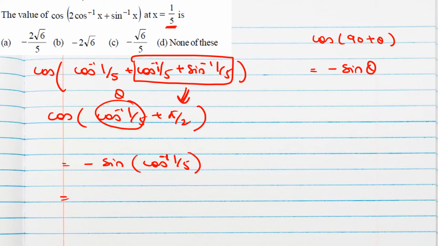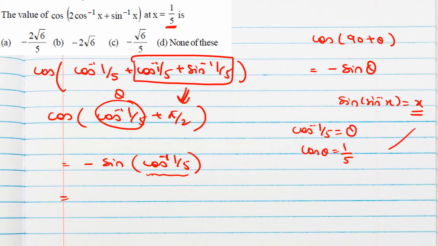Now we cannot cancel this. We cannot cancel. So we will write here cos inverse 1 by 5 in terms of sine inverse, because we know the property sine of sine inverse of x, we can get x value. So here we'll convert this cos inverse 1 by 5. So suppose cos inverse 1 by 5 I consider as theta. So cos theta will be 1 by 5, isn't it?